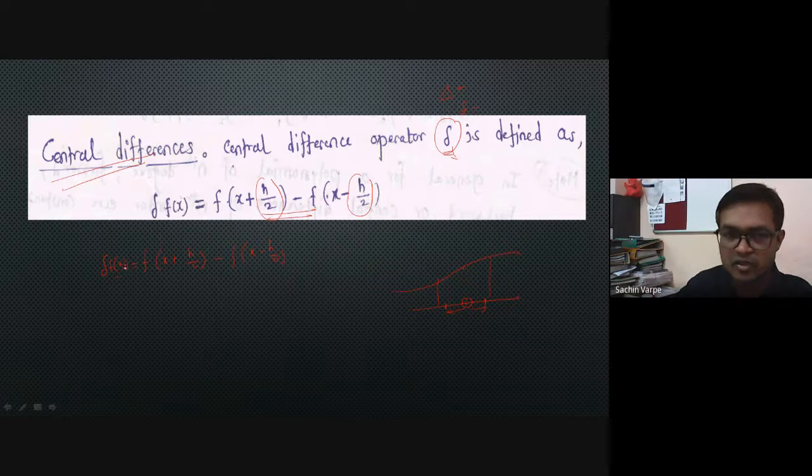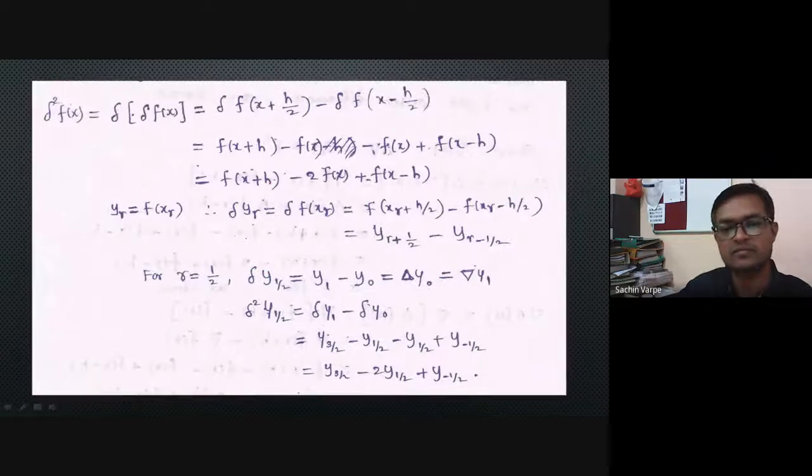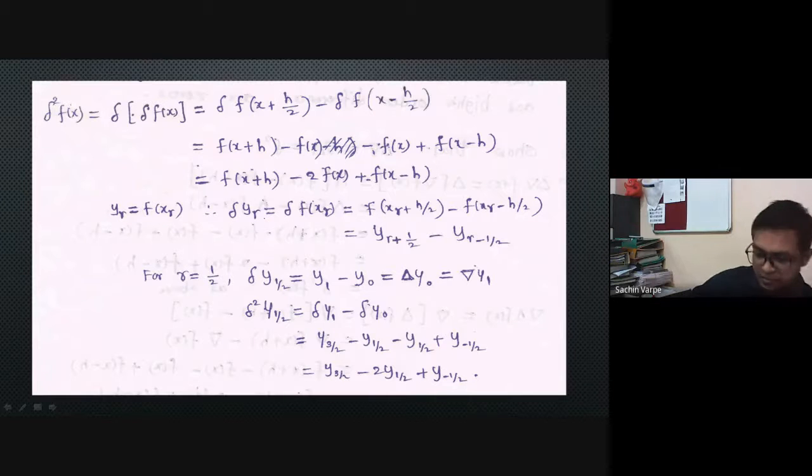Okay. If it is x naught, then x naught will be here, is it? So delta of f of x naught क्या होता है? Y naught. So delta of y naught is this, I can say y half minus y1 half, in terms of y notation. Okay, let us see here further. Next is, just a minute.